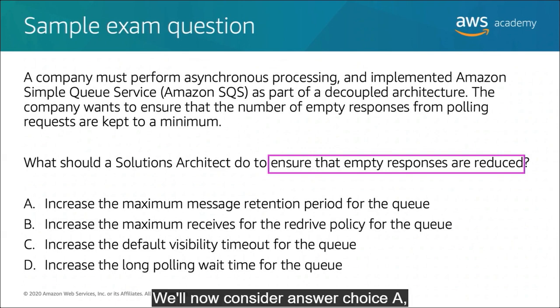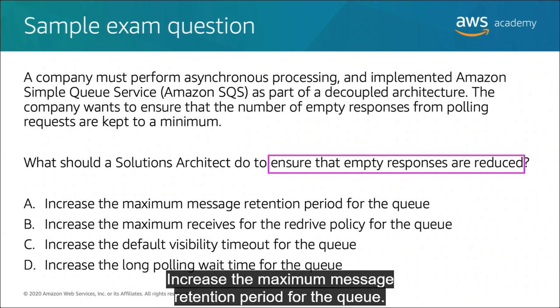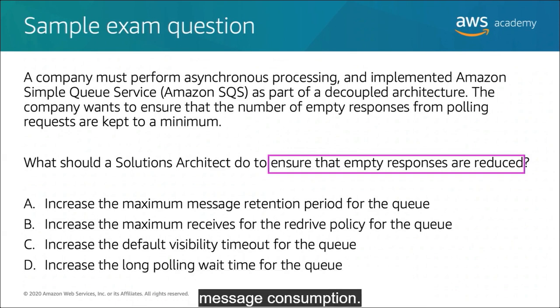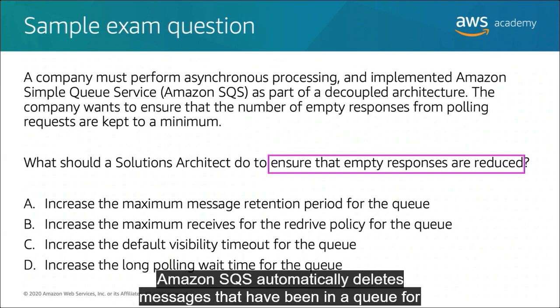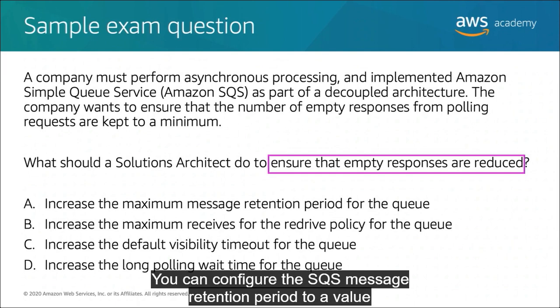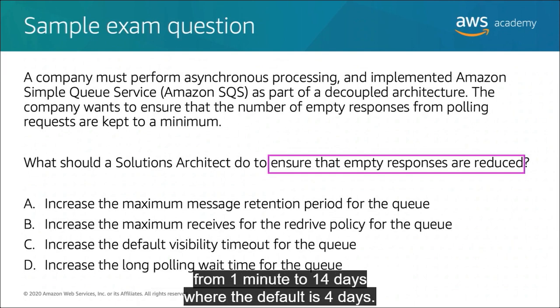We'll now consider answer choice A, increase the maximum message retention period for the queue. The message retention period is the interval between message production and message consumption. Amazon SQS automatically deletes messages that have been in a queue for longer than the maximum message retention period. You can configure the SQS message retention period to a value from 1 minute to 14 days, where the default